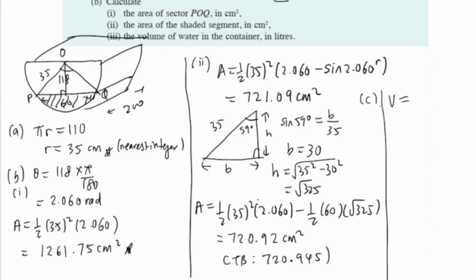Okay, here again, it's up to you which one you want to use. I got so many answers, all right? So if you want to follow the textbook, the answer is this: 720.945 times 200, right? So again, you don't have to use such an accurate answer. Why do you need 6 significant figures? I don't get it. Why do you really need 6 significant figures? No, right? So the textbook answer is